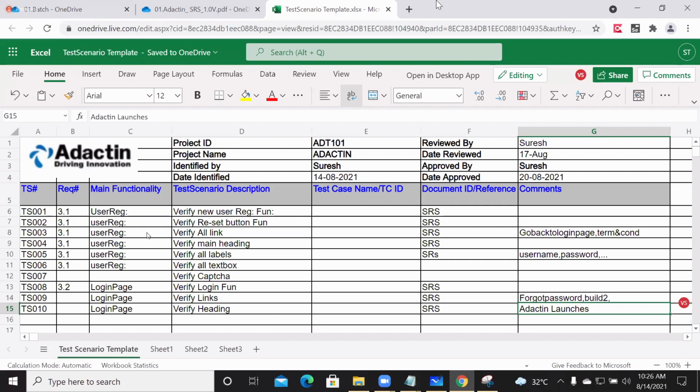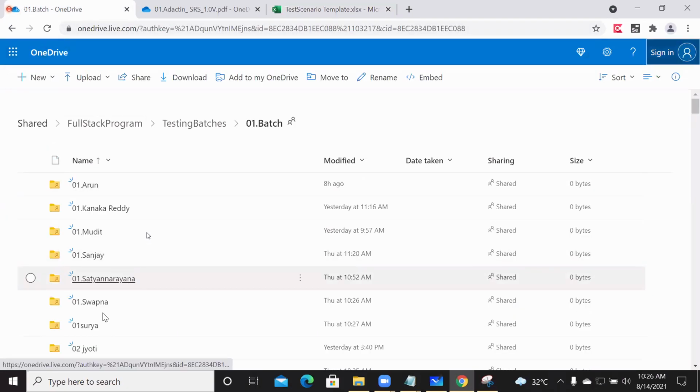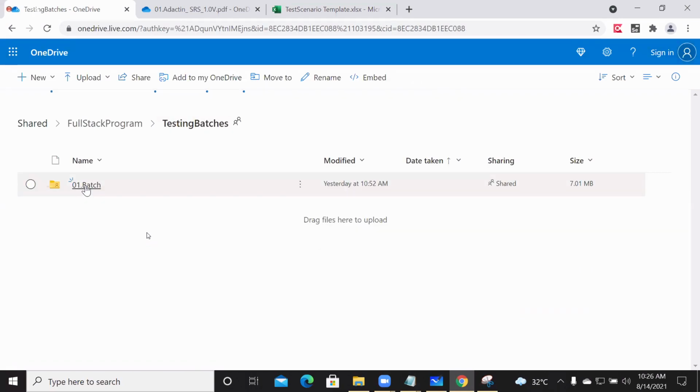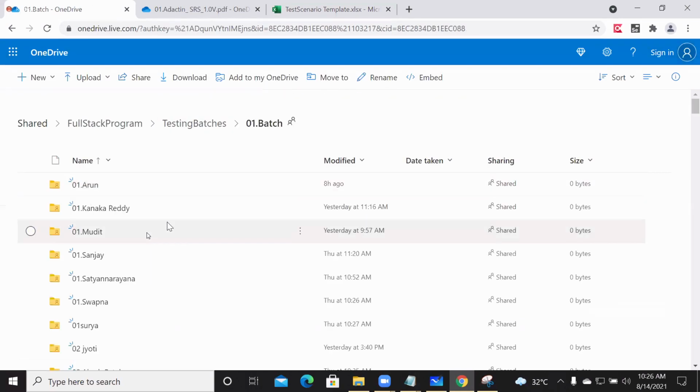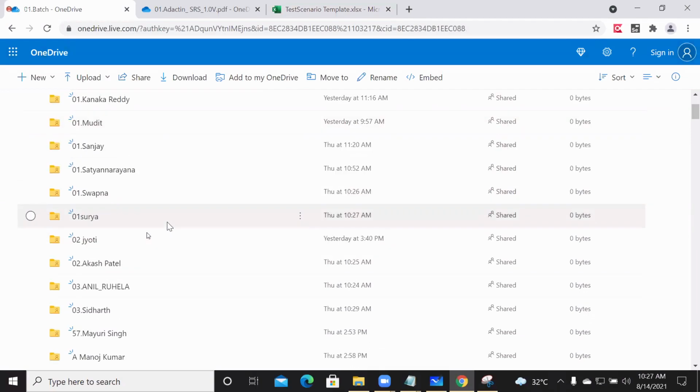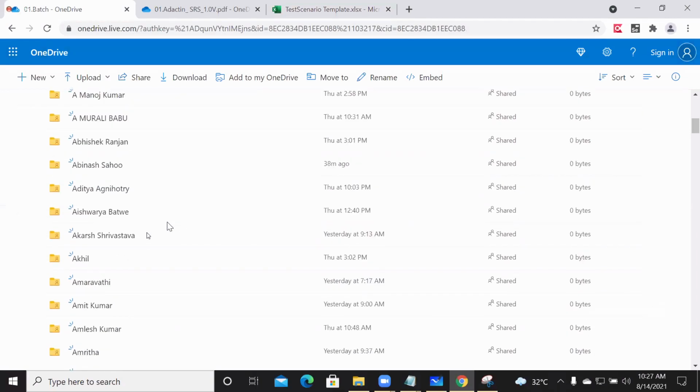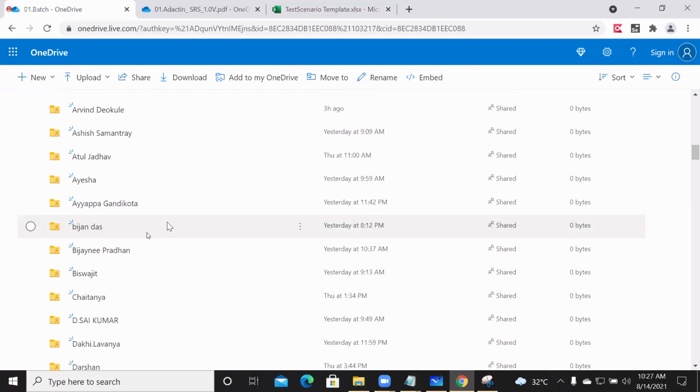Now, assignment for tomorrow: go to the OneDrive, refer to my folder. In OneDrive, you can go to my folder. Where is my folder, guys?